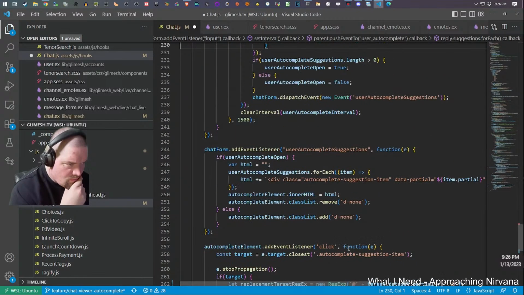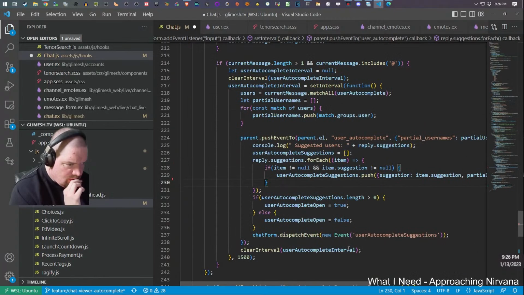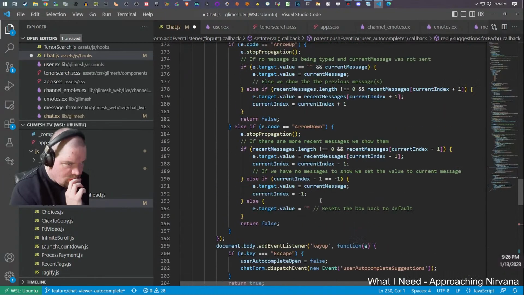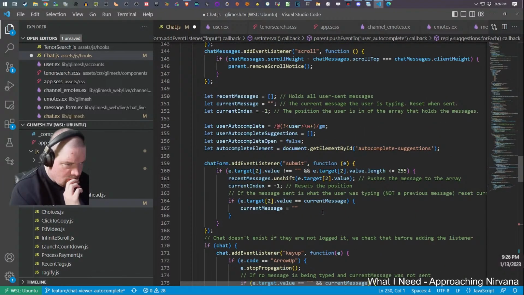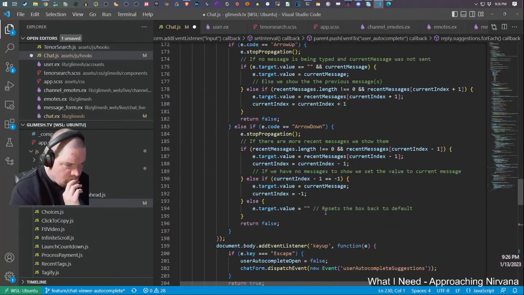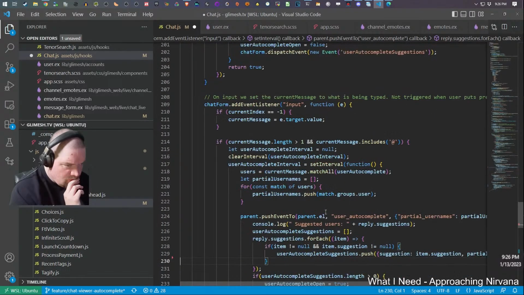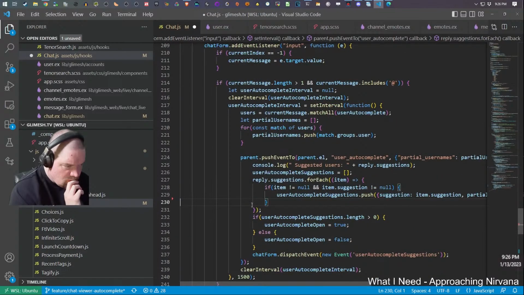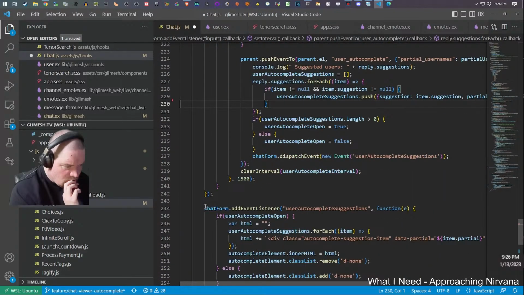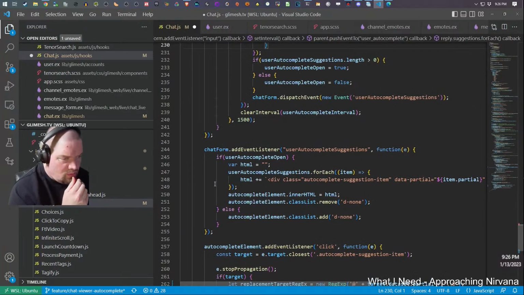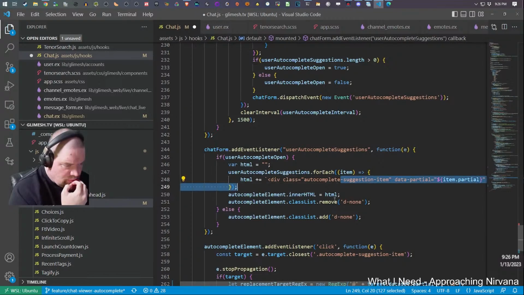Where is... Why am I not seeing the code that actually puts the HTML on there? Oh, here it is. Right in front of my face. Net partial for each.